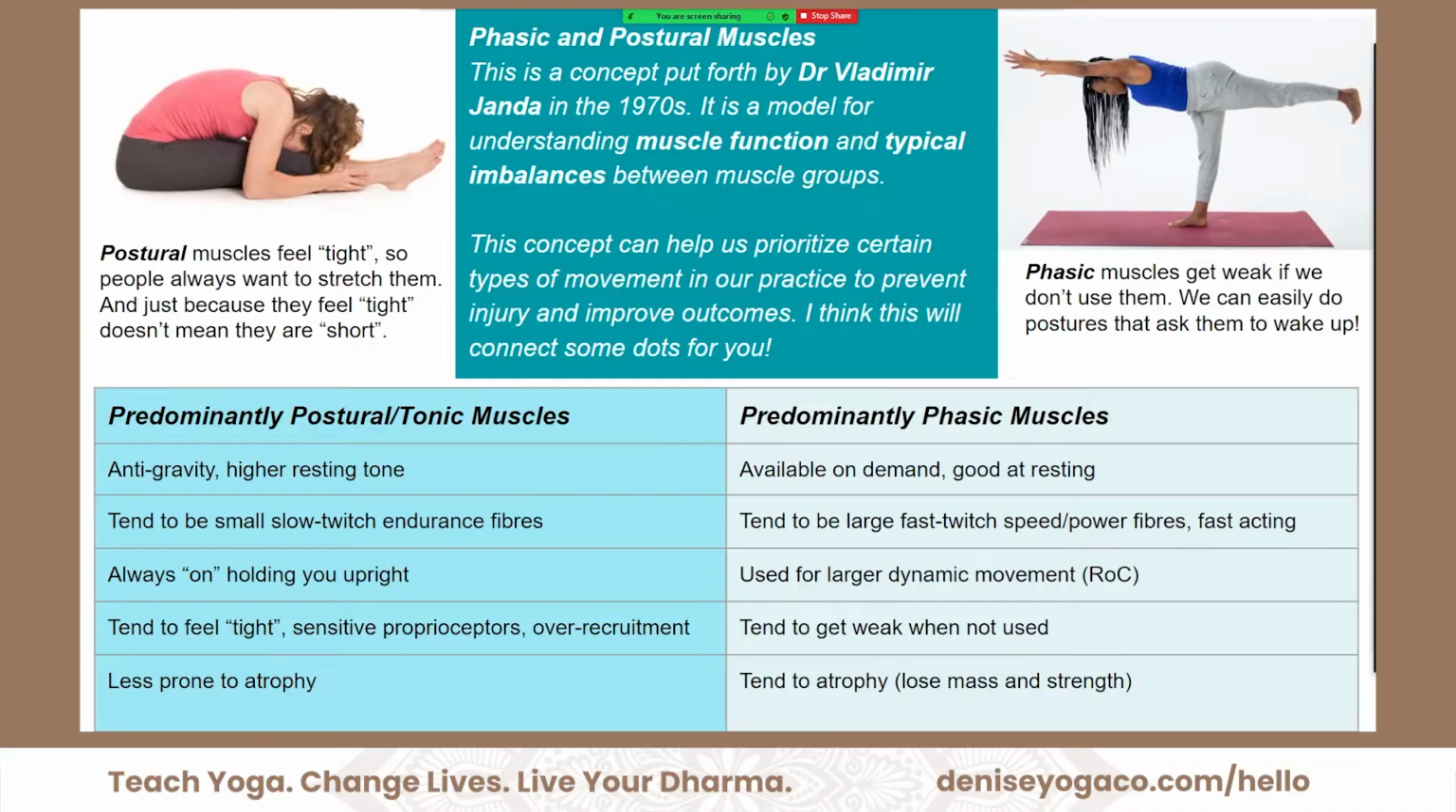So your postural muscles are designed and resourced to have endurance, to stay turned on or be able to turn on again. They're just holding you upright all day. And so they tend to be endurance type fibers. Now, your phasic muscles tend to be larger, thicker muscle fibers, and they're fast twitch